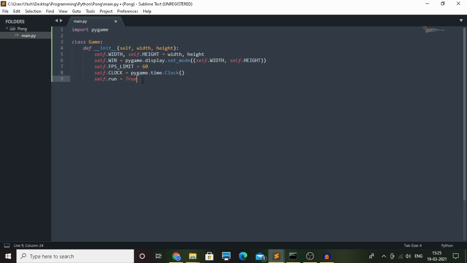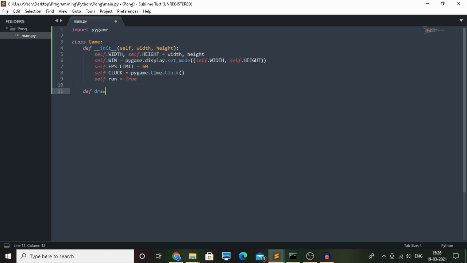And what the run will be doing is that almost any graphical thing like a GUI or this game, Pygame, runs on an infinite loop, and we'll use an infinite while loop for this. The loop will check the value of run, and if it is true, it will keep on running, and if you want to quit it, we'll set the value of run to false. And that should be mostly it for this part, and we'll get to the drawing stuff.